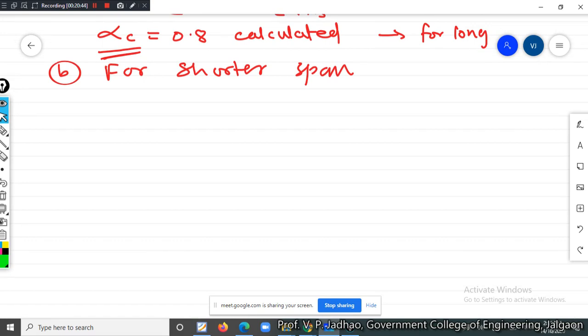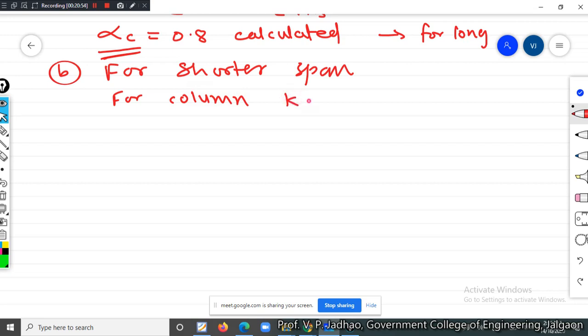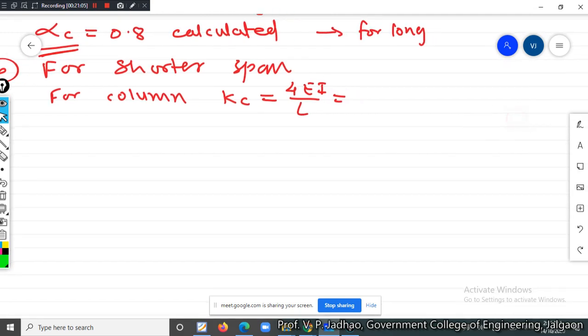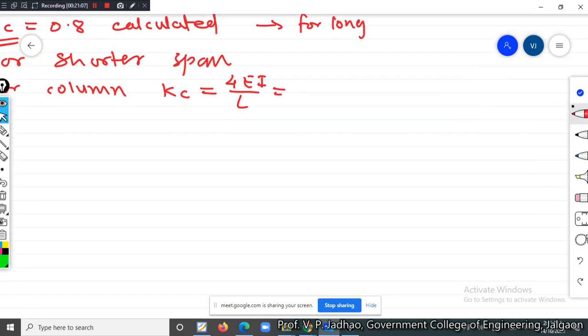Now for columns, for the shorter span, the stiffness of column Kc will be equal to again 4EI upon L. So this is equal to 4, let us keep this E as it is, multiplied by I. Now how to know the I? Now we know that we are calculating the,